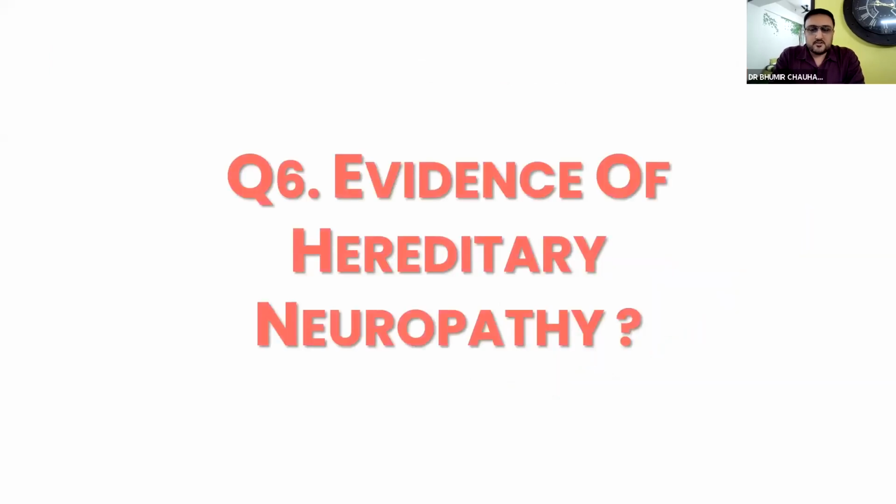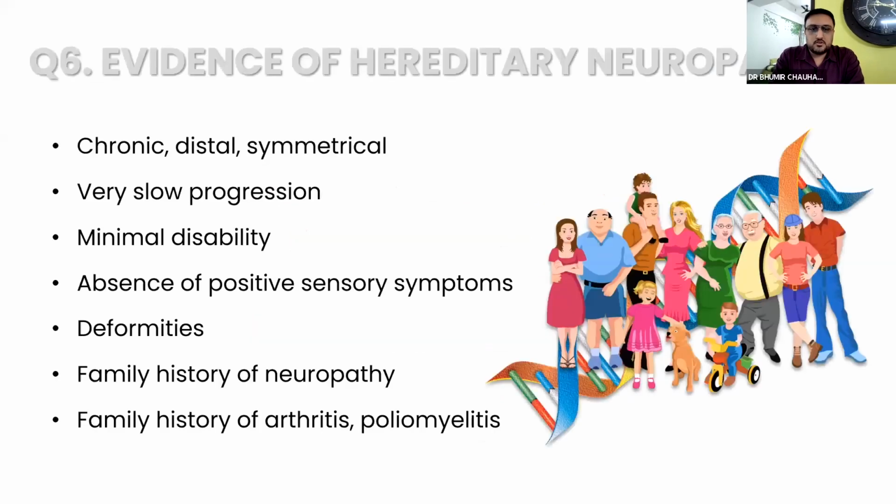Next is any evidence of hereditary neuropathy. So these are a few pointers which will help you to find out whether the given case of neuropathy has a hereditary etiology behind it or not. It is important to identify it clinically, because if we go through the theory of hereditary neuropathy, commonly called the